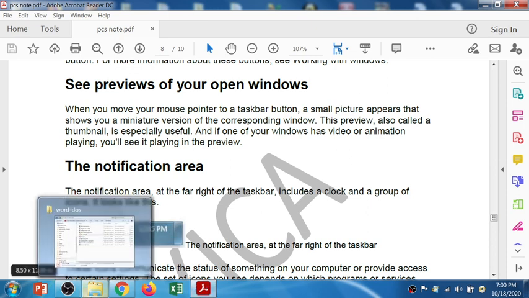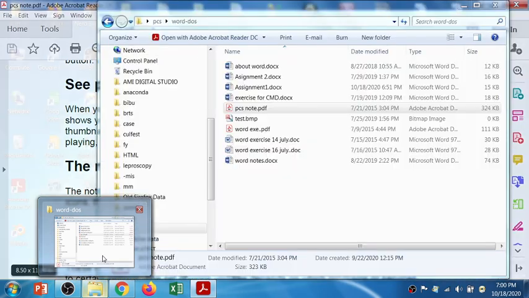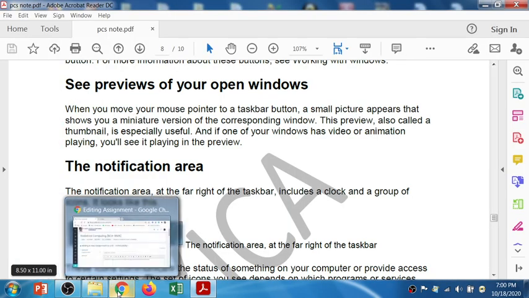See, suppose this is like a thumbnail, right? So whatever is available in this folder, you can see it. If you move your mouse over that thumbnail, you can open up that folder, we can say, right?